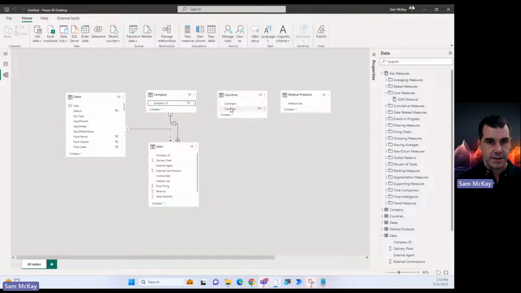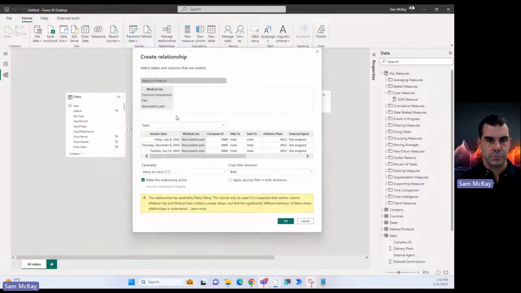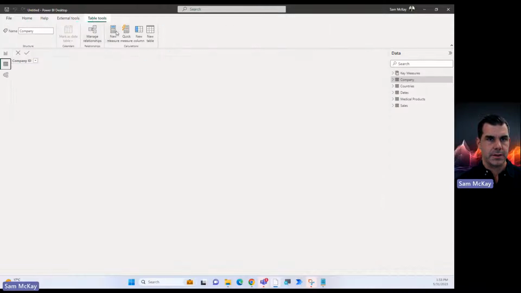Remember, we've got our continents now, which is pretty cool. Ship to critical use, and we could have grouped those products. Something is up here.